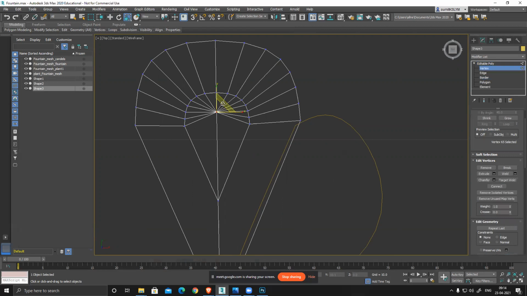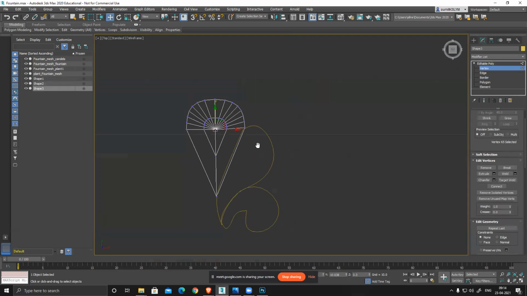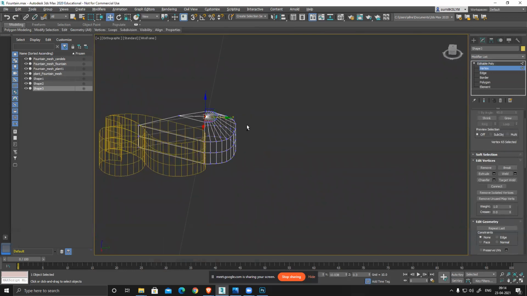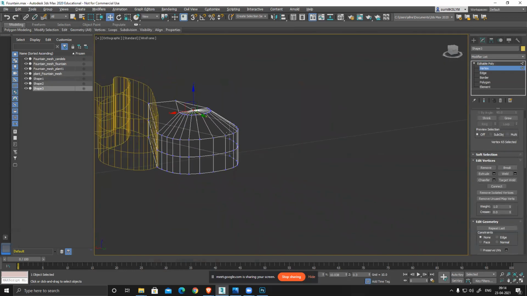Vertex, select this, move it down. So you can see instantly my basic shape is almost ready.